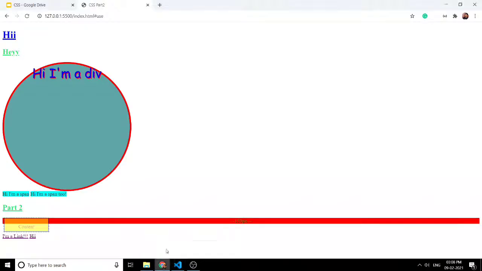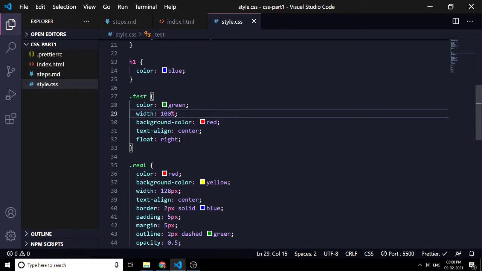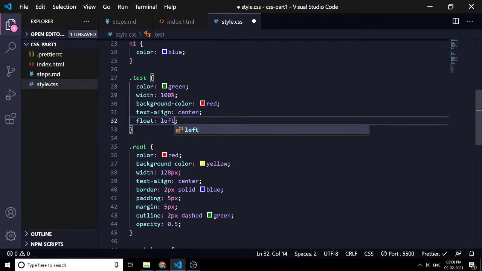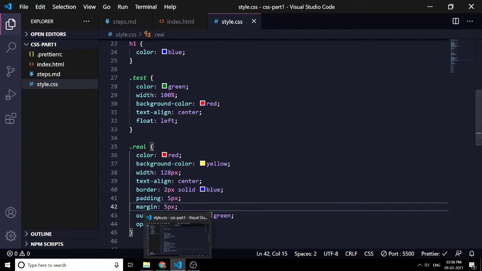Now you'll see that when the test element takes 100% of the width, it overlaps with the next element, because now it's an inline element and the space is not taken by the next element. And now when it moves, that space is taken by the next elements. To see that, we'll give one of them a float of left and the other a float of right. And we can just use the hover property only.